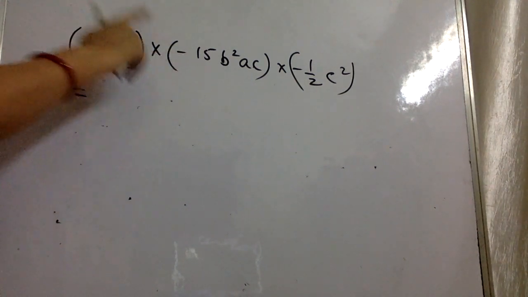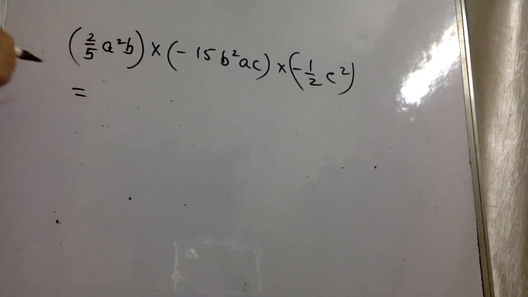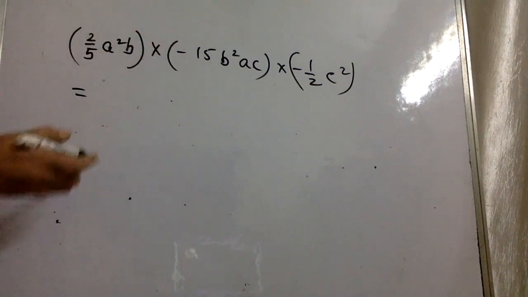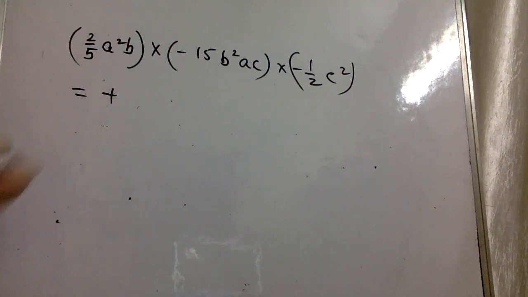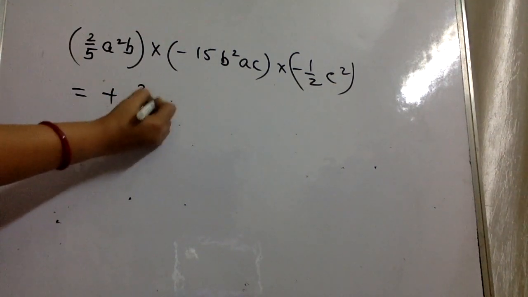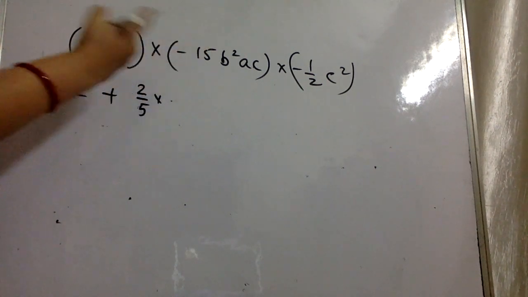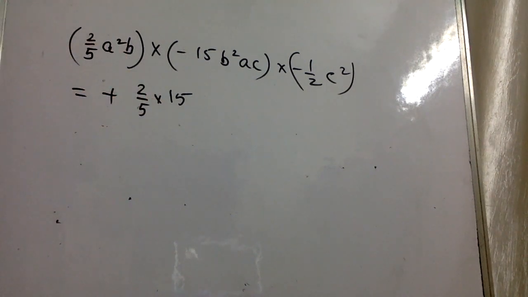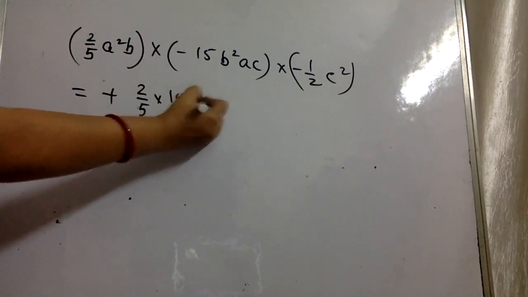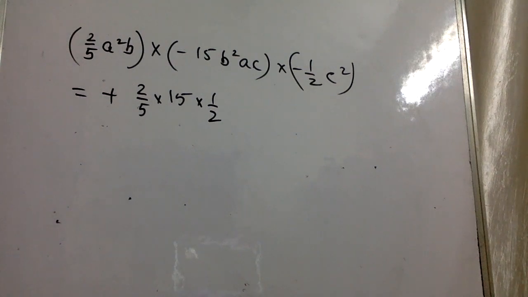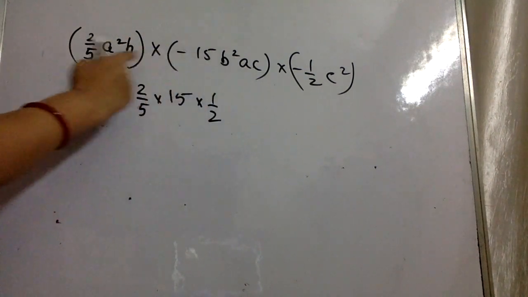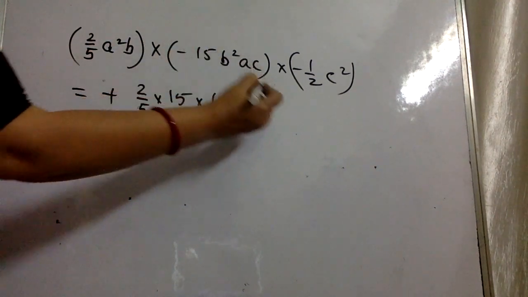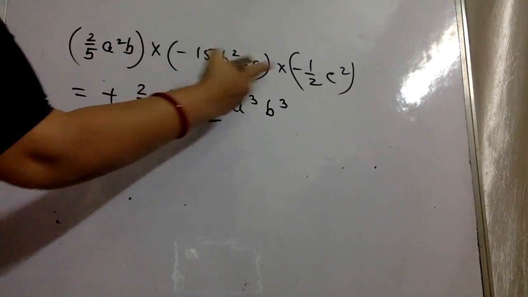Plus with a minus, keep it in mind, don't have to write so many steps with it. Minus with a minus is a plus again, so your answer will be positive. Start with the numbers. 2 by 5, don't try to work out like this, bring them together, you'll get fewer mistakes. This minus has already been worked with, so we are just going to copy the 15 and a half. Done. And then this is a square a cube, b and a b square, b cube, and a c square,